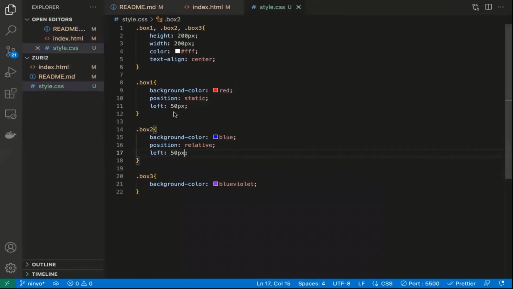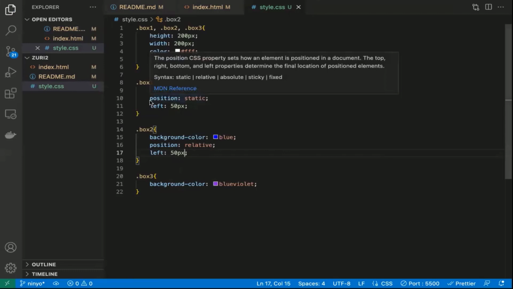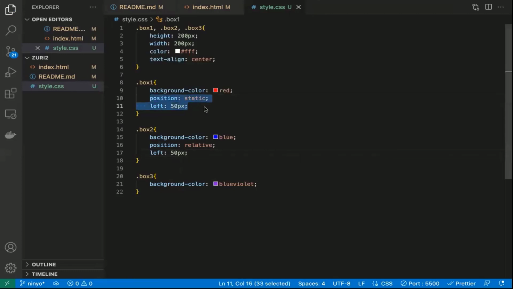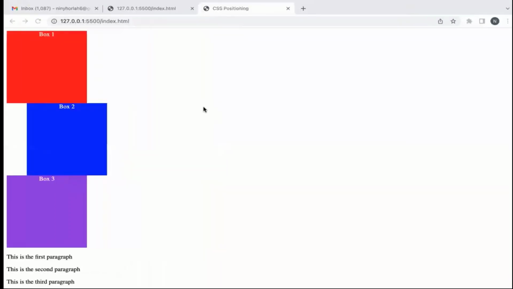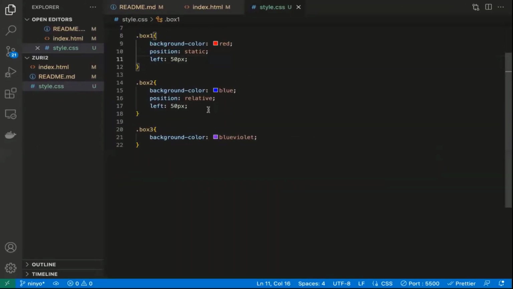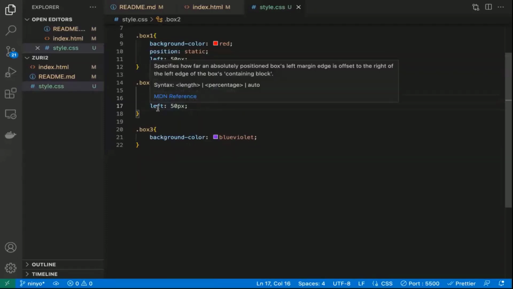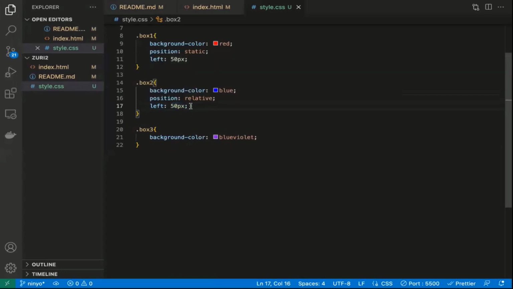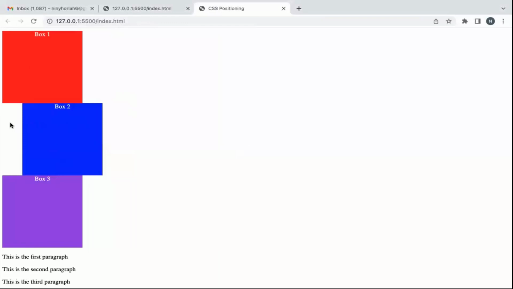For box 1, it has the static position, and the left has a value of 50 pixels, but the position of that element did not change. But for box 2, it has the relative position, and the left has a value of 50 pixels, and we can see that the box moved a little bit away from the left hand side, which shows that it has effects over the position of that element. Okay,